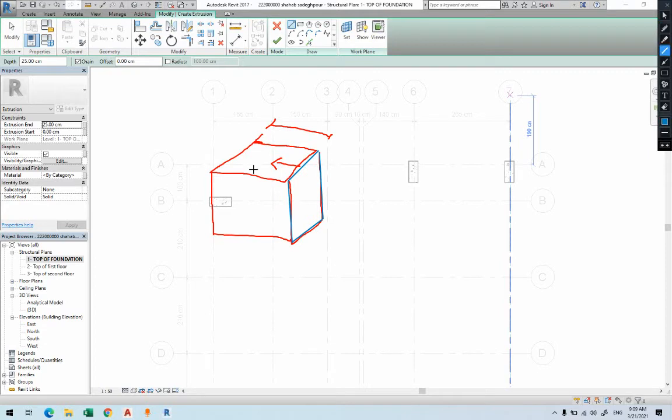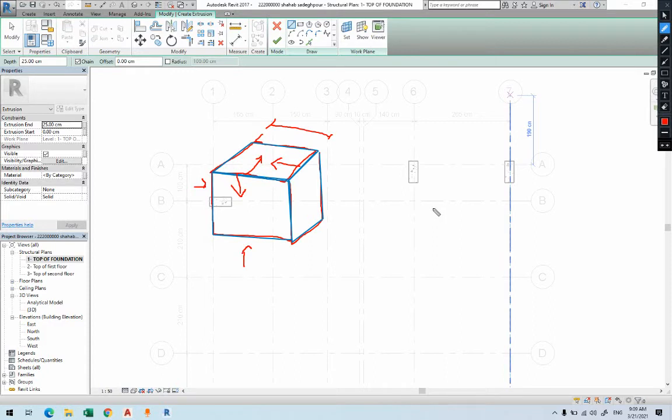Well, you realize that I can create this face and extrude it to the other direction. So the idea of extrusion is that you create one face and extrude it the other way. Now you realize that I have another way: from here I can create the top one and extrude it down. Well, you have the other face there, at the bottom. So there are 6 ways I can create this